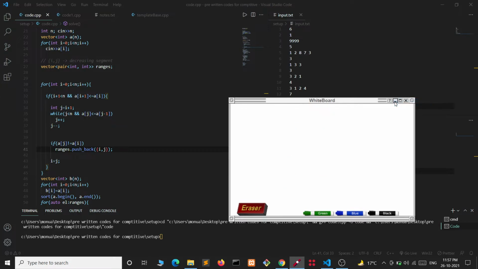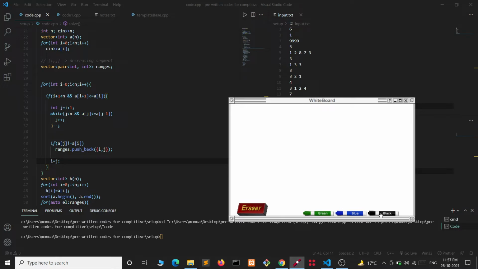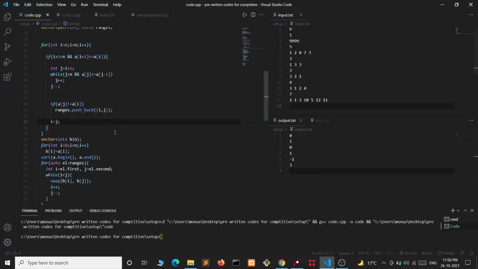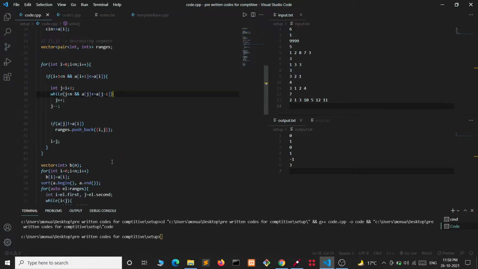Now after that we are changing i to j, so that if we get a range from index i to j, I can start from j. This will take O(n) complexity only, because we are visiting every index only one time.